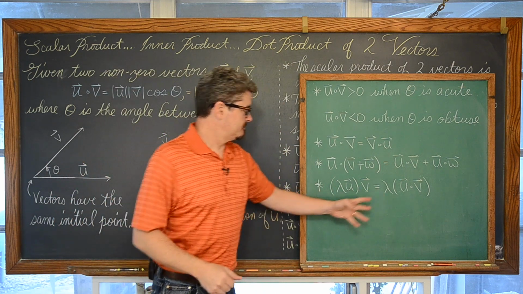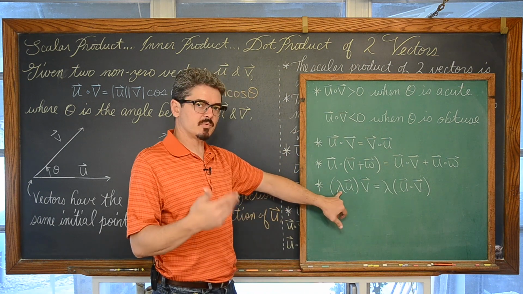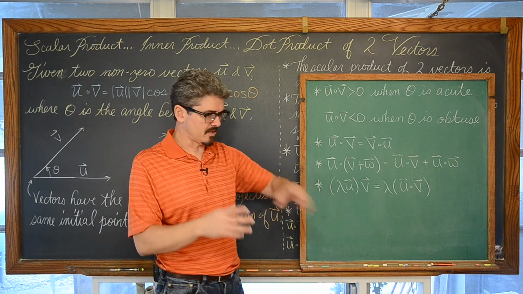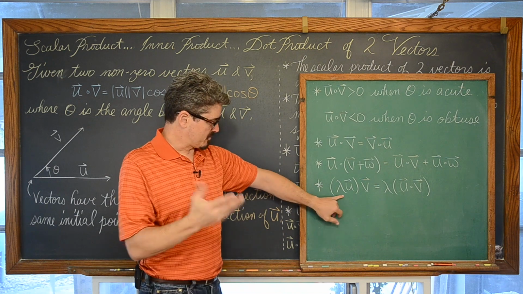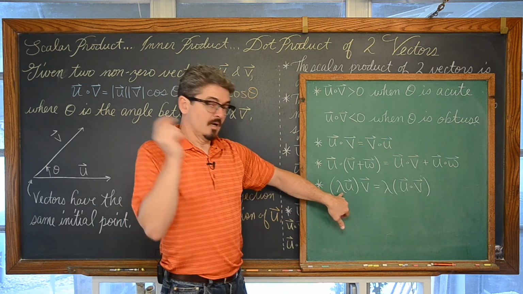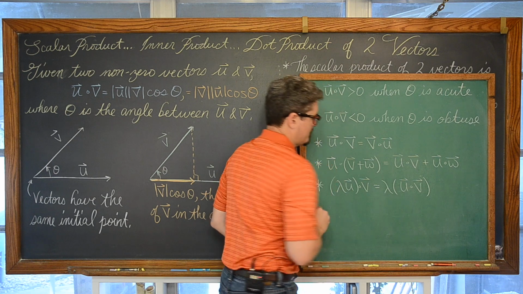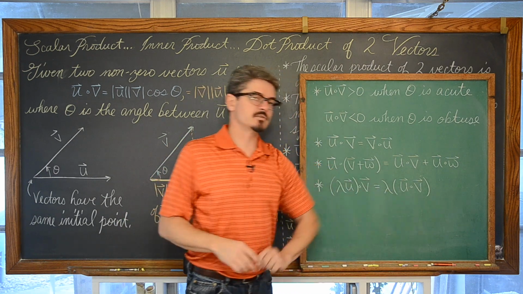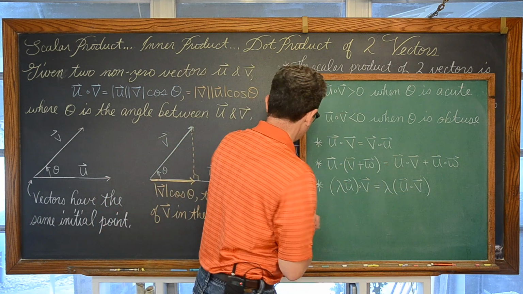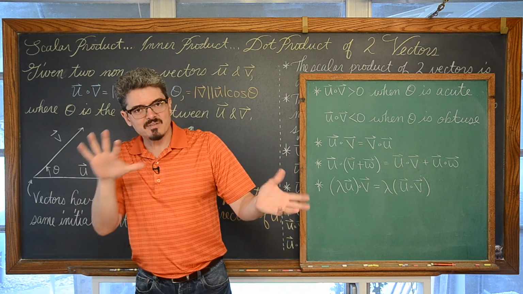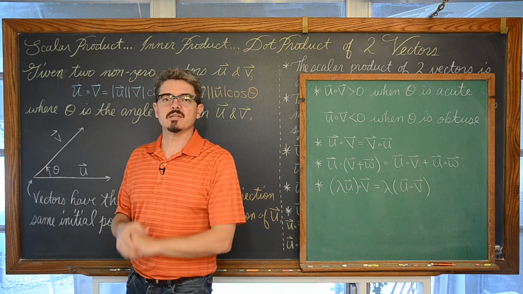And you can work with sort of a regrouping or associative property with a scalar multiple of lambda. This is just saying, take a vector, if this is u, 2 times vector u, just changing the scalar multiple, which is changing the amplitude. You can apply that scalar multiple of 2 to one vector and then do the dot product, or you can do the dot product between those two vectors first and then apply your scalar multiple to that numerical value that you always get from your dot product. Okay, our first example is coming up right now. It's fairly straightforward, and we'll bump into some more complicated problems pretty quickly, for example, in example 3.